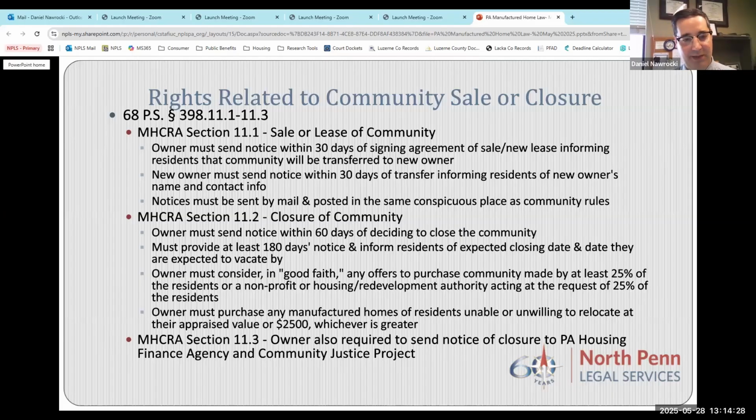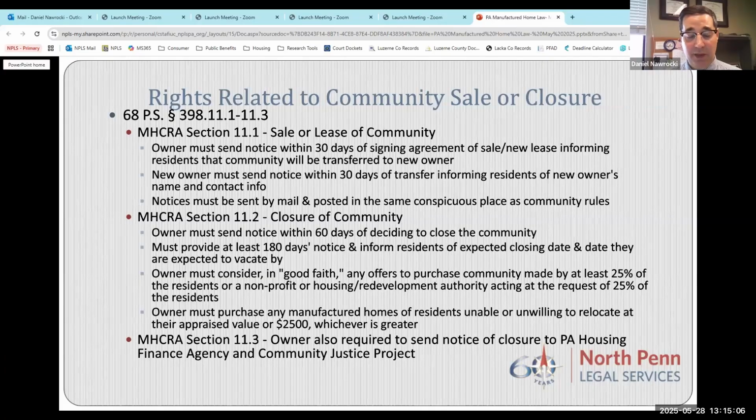If you see the last bullet point under section 11.2, the owner must purchase any manufactured home of the residents who are unable or unwilling to relocate at their appraised value or $2,500, whichever one of those two is the greater. So it's either the value of the home or $2,500 if the home is worth less than $2,500. But that's what has been added to the act to protect mobile home residents if the park owner decides that they're just going to